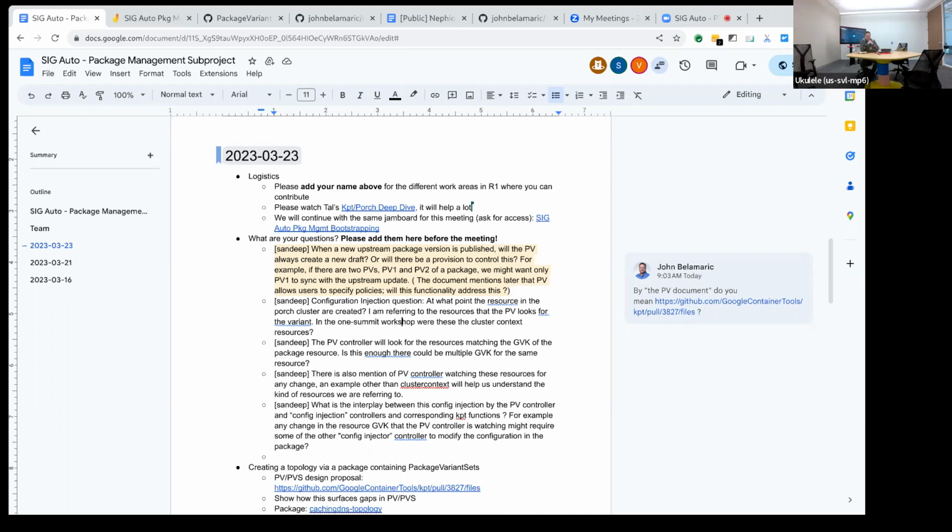With respect to config injection, things like cluster context resources, in R1, those are out-of-band provisioned resources. Just like clusters are provisioned out-of-band, it's essentially the registration record of the cluster with Nephio.